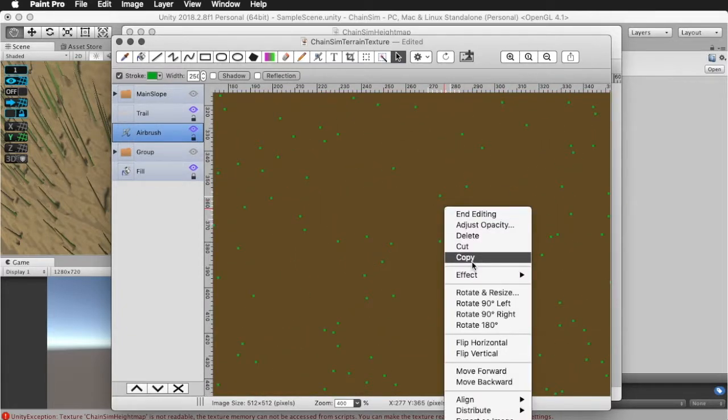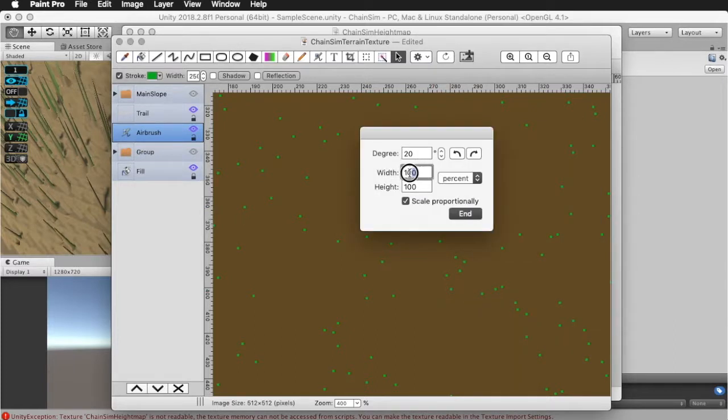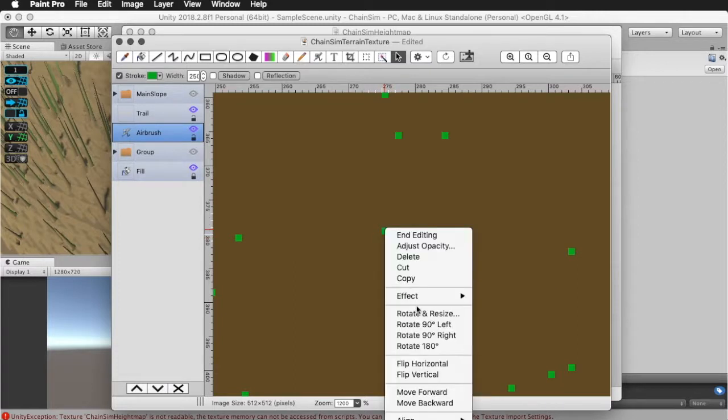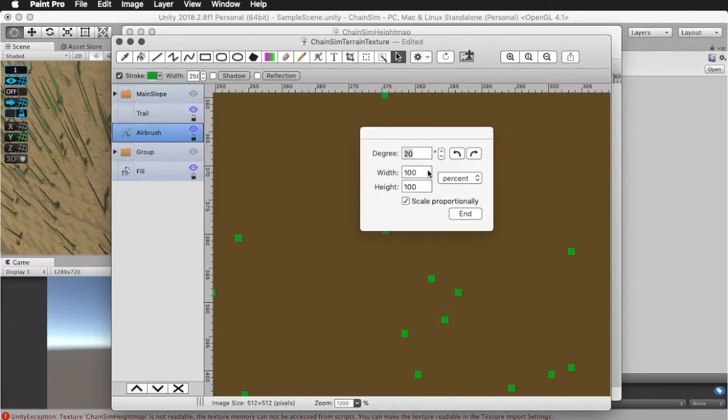So now what we're actually going to do is to select, rotate and resize. Let me give you an example of what we're going to do here. What we want to do is resize each of these pixels to have one pixel on the side and one on the right, to have a 3 by 3 square. So right click on it and we're going to choose